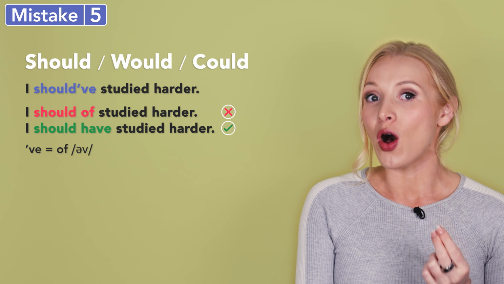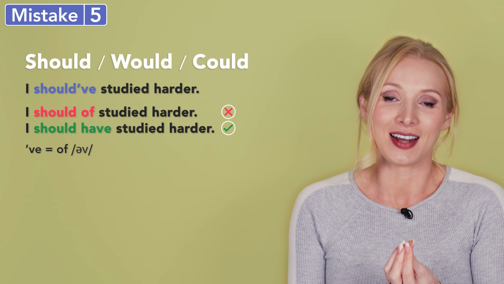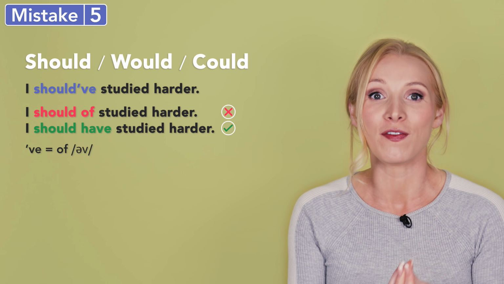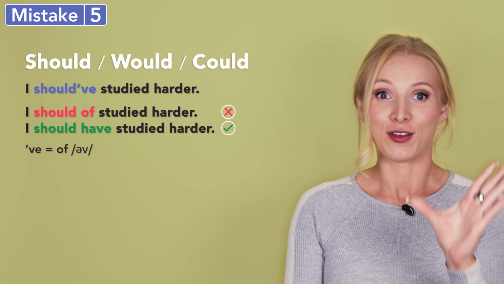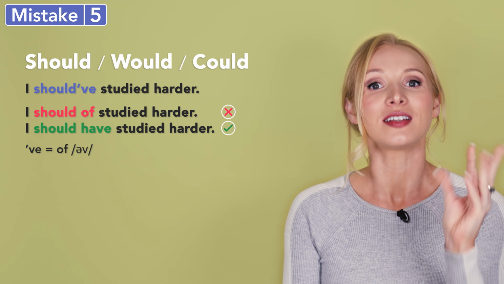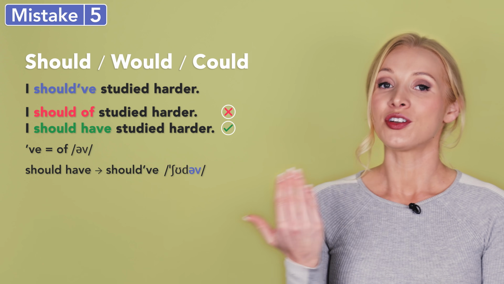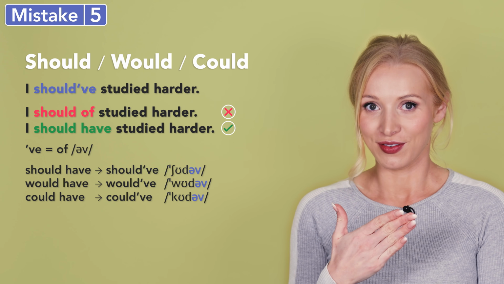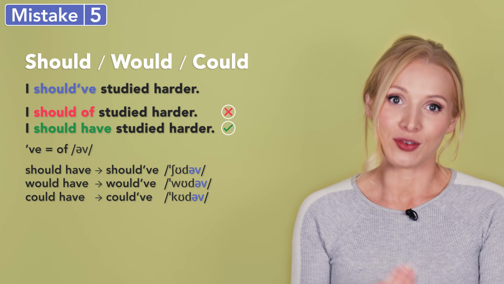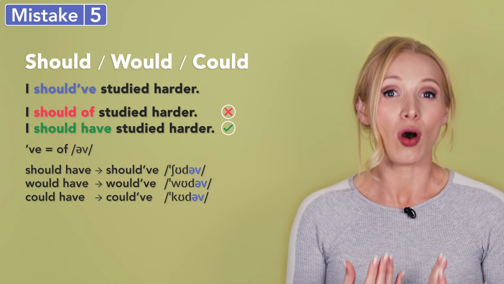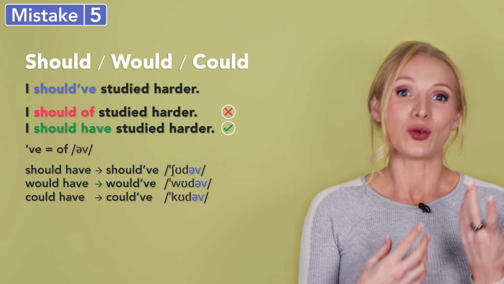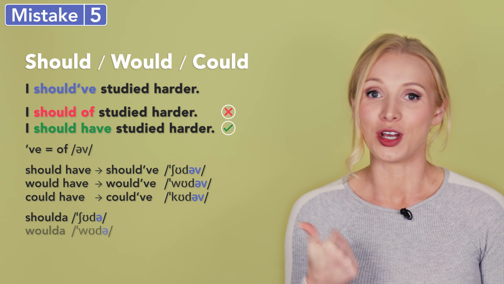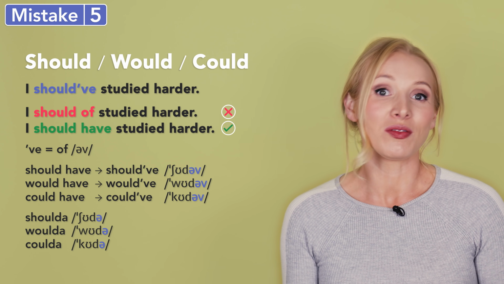Now, I think people use of because when have is contracted after a consonant sound, it sounds the same as the weak form of. Have contracted. Of contracted, of. Should have, should have. Would have, would have. Could have, could have. That of sound tricks our brain into thinking it's of, and people make the mistake of saying it or writing it. In fast speech, we often use the informal contractions shoulda, woulda, and coulda, which don't sound like they contain